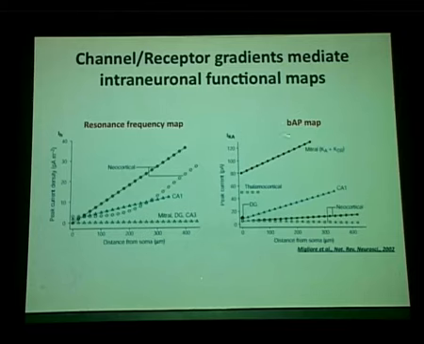And the backpropagating action potential map in the CA1 pyramidal cells is mediated by an increase in the expression of the A-type potassium current sitting in the dendrites. Because this transient potassium current is higher, the sodium-potassium balance is tilted in favor of potassium, and hence you have a lower action potential amplitude at these locations. Right? So these maps within neurons are mediated by the presence of ion channel gradients that sit on the somatodendritic